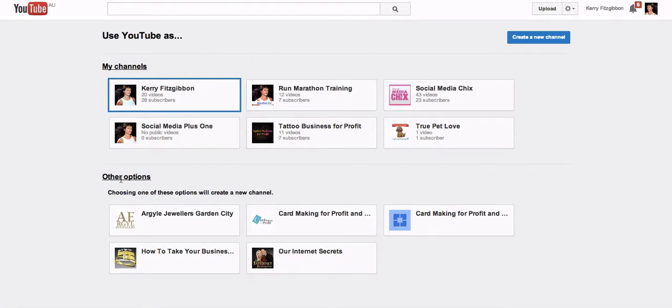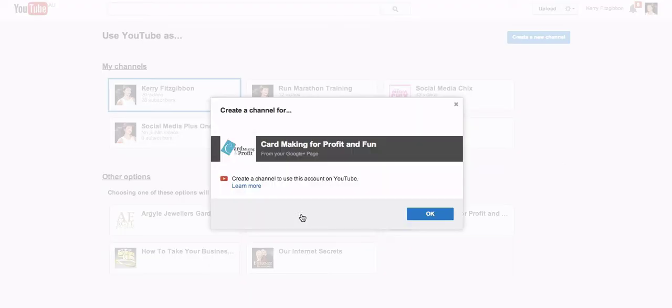Now because you've set up your Google Plus account, it'll pull this through. So this is it right here, my card making for profit Google Plus account that I set up. So I'm going to click on that now. What this is going to do is link my Google Plus page with a YouTube channel. I'm just going to go OK,